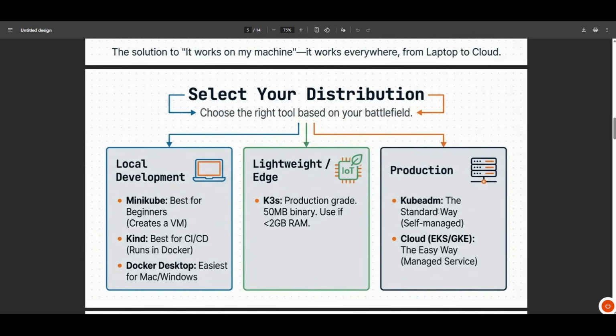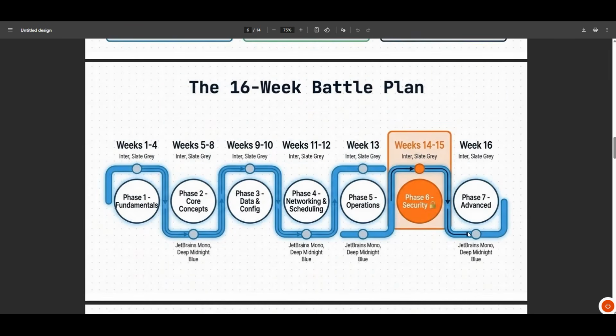Then you have production. You are going with kubeadm. If you are on premise, you will be installing with kubeadm. That is the standard way when you are managing Kubernetes, nothing but a self-managed Kubernetes server. Otherwise, you will be going with managed services, that might be on any cloud, EKS, AKS, GKE, whatever the cloud it is. You will deploy that and the cloud will manage all your control plane. You will be managing all the nodes. Don't worry about what the control plane and nodes are. We'll definitely look into that as well.